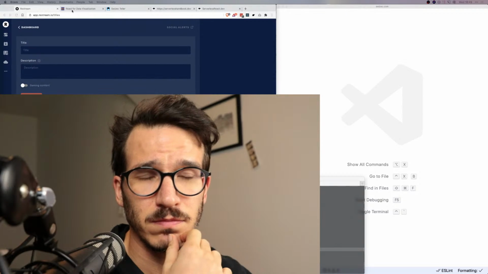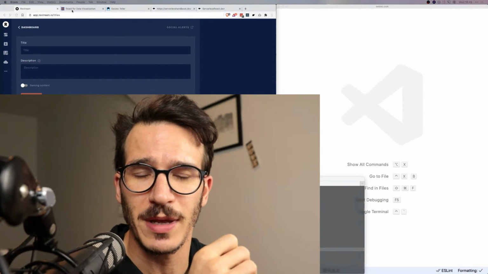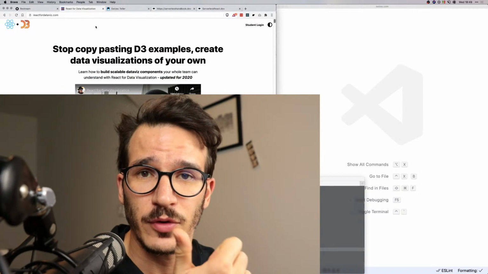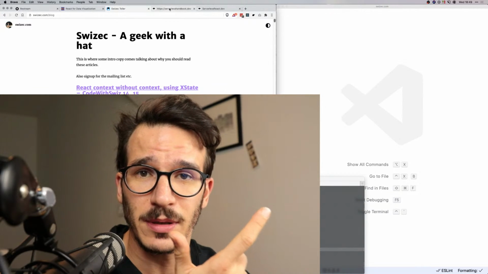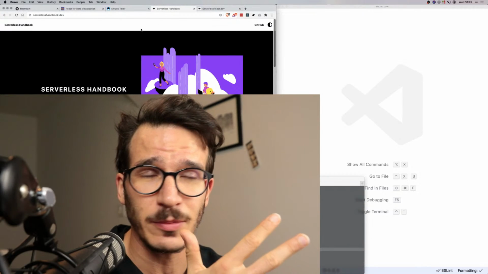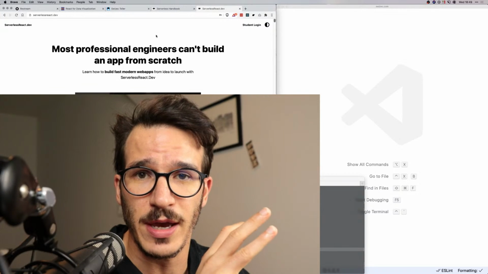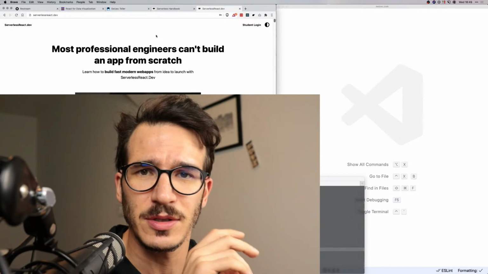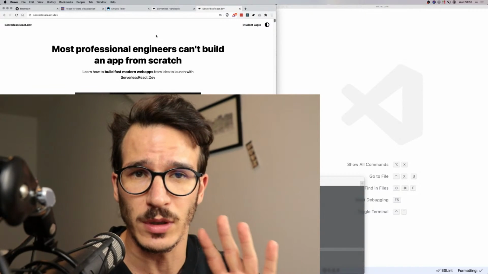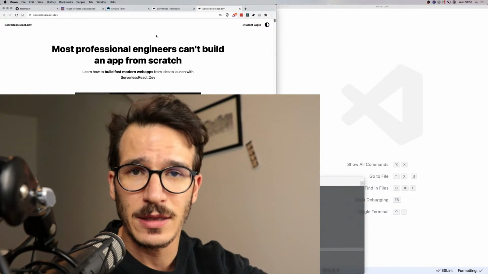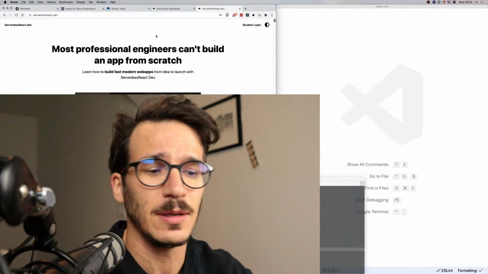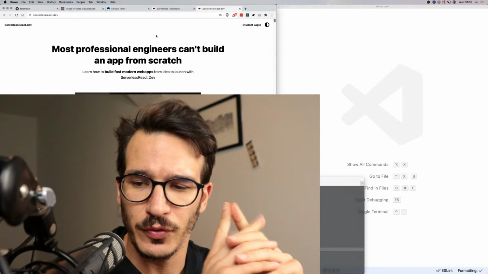built in the past couple of years now is on this course platform. So we've got React for Database using this same platform. My blog is using this thing built on Gatsby. Serverless Handbook is using it, and serverless React.dev. There might be others that I'm forgetting, but these are the 4 big ones that are all using the same course platform. And the problem that I've had so far with this is that it's been developed sort of,